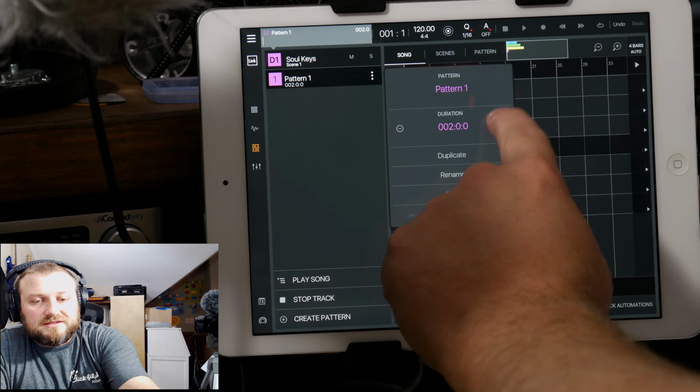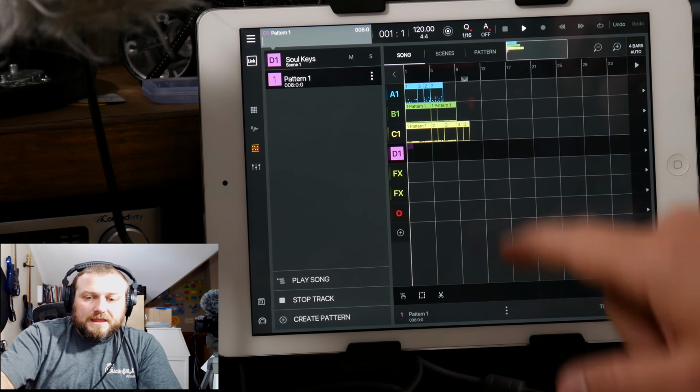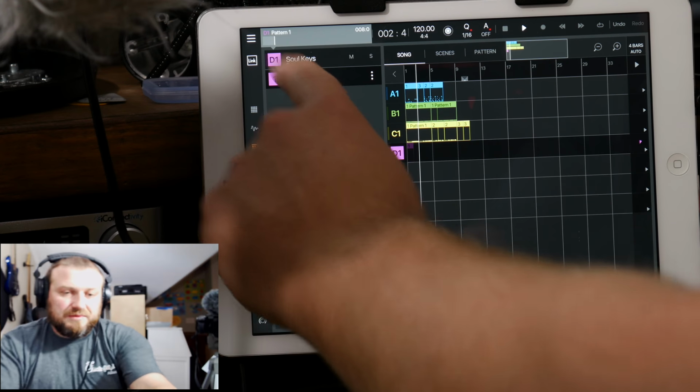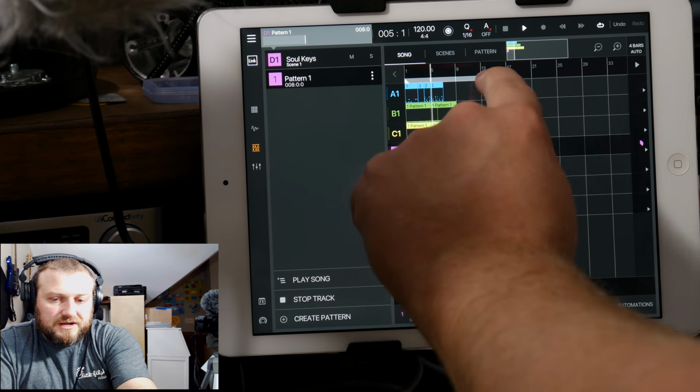And what that's going to do is allow me to, say, bring this all the way up to 8 bars, press play, and it's playing pattern 1, but everything else is playing in song mode. And so if I have a part I want to loop,